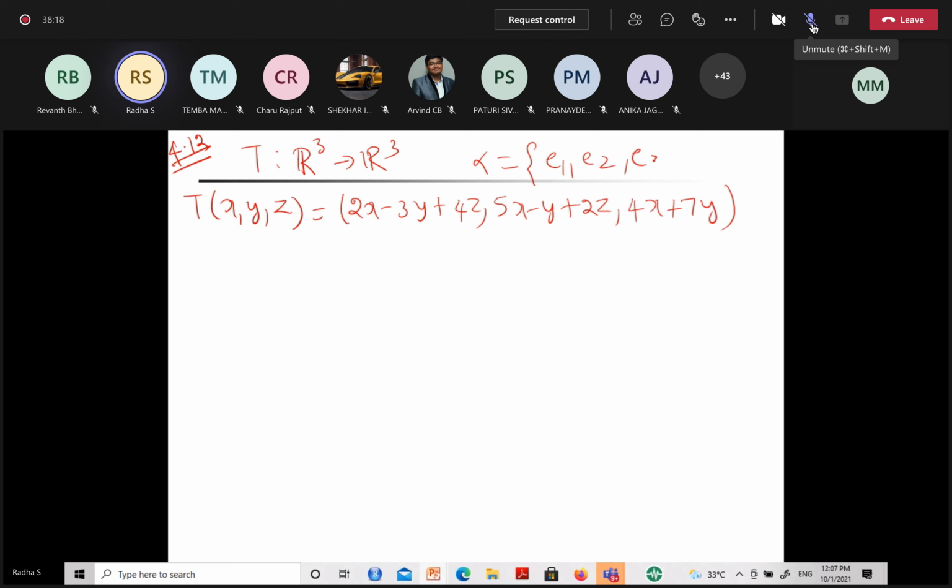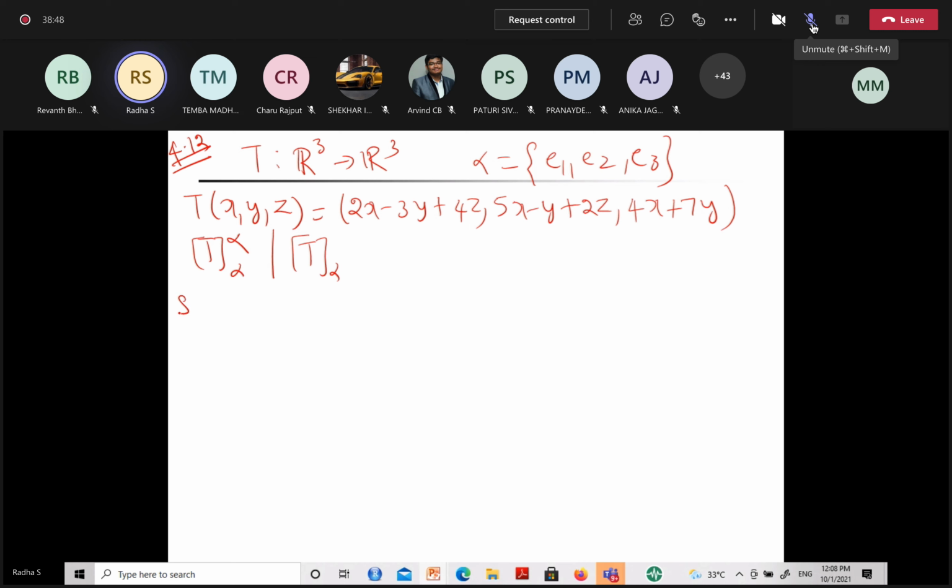So here the basis is only one basis, right? Because on both sides you have the same thing. We have been asked to find T. Simply if they say T alpha, it means T alpha to alpha. They don't mention this. Another way of writing this is T alpha. Both are one and the same, because they won't say alpha to alpha, simply they say T alpha. This is the thing you need to find, and alpha is E1, E2, E3.